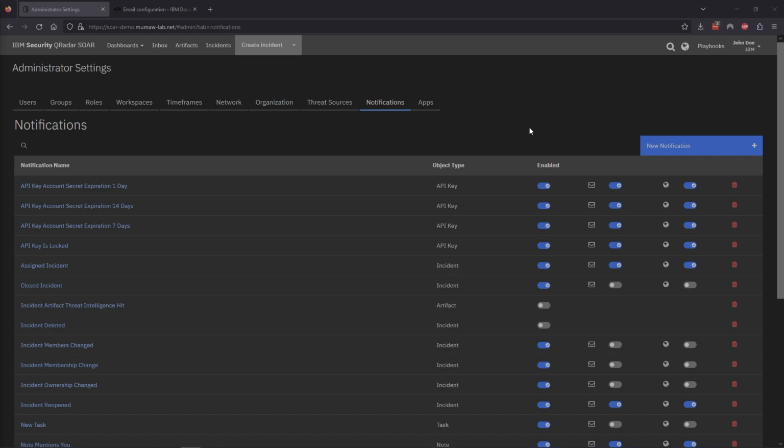Now, this one is going to be on notifications. Now, the notifications are to people who are already analysts or workers within the platform, so people who are licensed for the platform. If you're looking for how to set up notifications to people who are outside of the platform or establishing that kind of email communication,